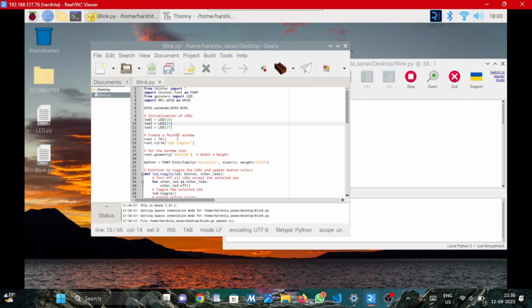Then I have created a Tkinter window named root with the title LED toggler, and I have set the window size to 400 by 200 pixels. Then I have defined a custom font, my font, for the buttons. Then the function LED toggle